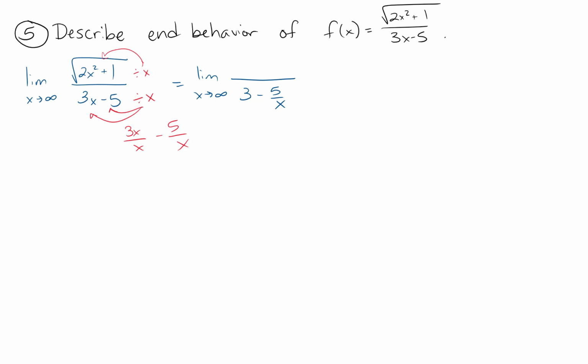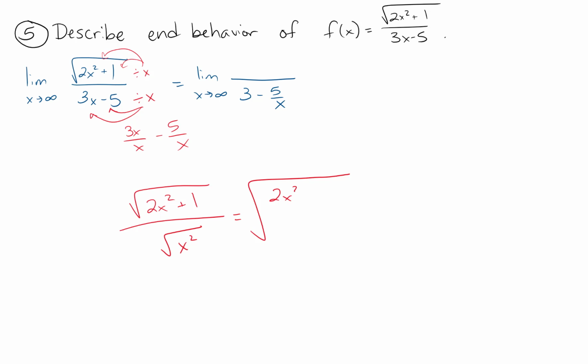But here in the numerator, you're not allowed to divide into a square root if this is not also under that same square root. So what I need to do is rewrite that x as something equivalent. Let's say the square root of x squared, because that simplifies to x. And now I have one big happy radical, and I can move them all under that same radical and then simplify as needed,